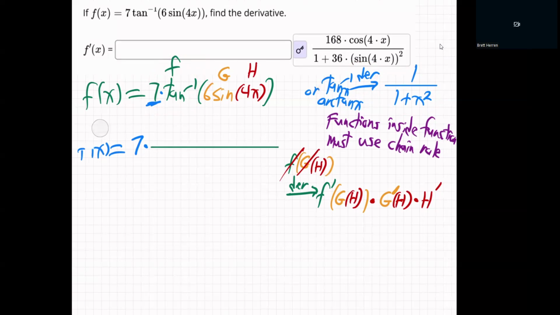Wait. You know what? I really need some more room. Let me bring it down here. So F, whoops, it's on that setting. Here we go. So F prime, this is the derivative of x equals, so now comes the derivative. All right, here we go. What is it? Well, the 7's just going to sit in the front. Times